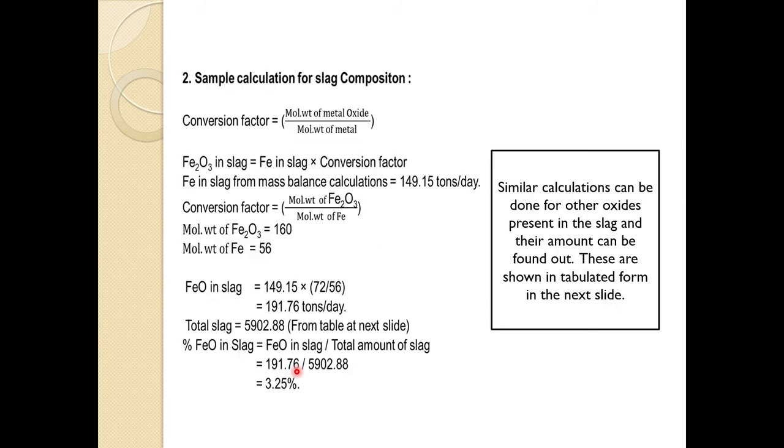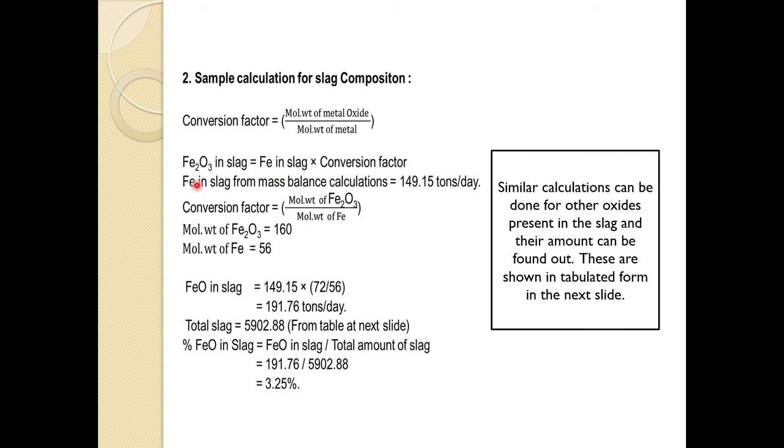So once you get this, you can calculate even the percentage form. Now in terms of composition, we need a sort of conversion factor: the molecular weight of the metal oxide and the molecular weight of the metal. So in terms of hematite in slag, so iron in slag,